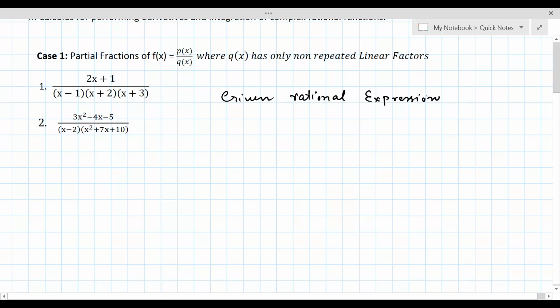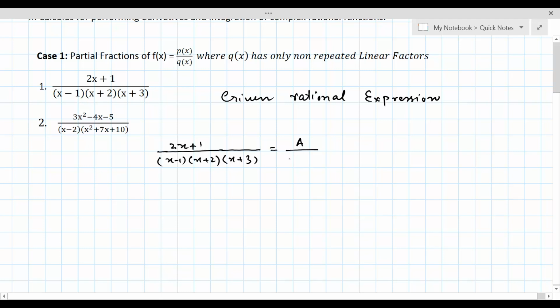is 2x plus 1 divided by (x minus 1) into (x plus 2) into (x plus 3). As you can see, we have three linear factors in the denominator and none of the factors is being repeated. Now for each linear factor in the denominator, let's assume one constant in the numerator,